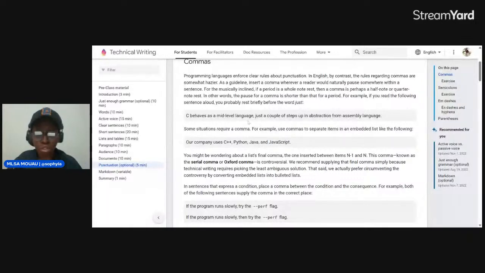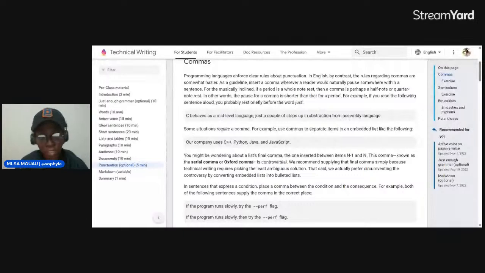So the comma here suggests to your reader to pause and understand the first thing that they read, which is C behaves as a mid-level language. Pause and understand that before you move on to just a couple of steps in abstraction from assembly language.